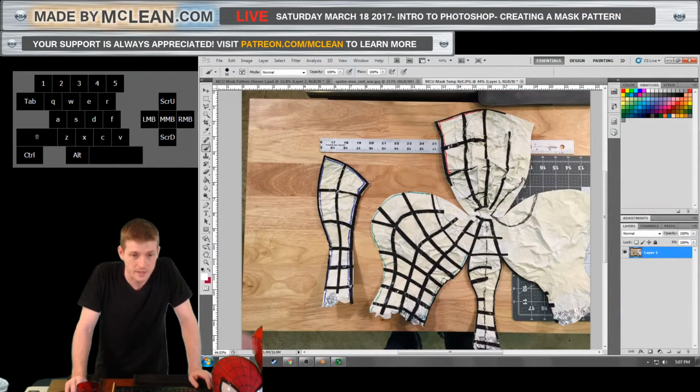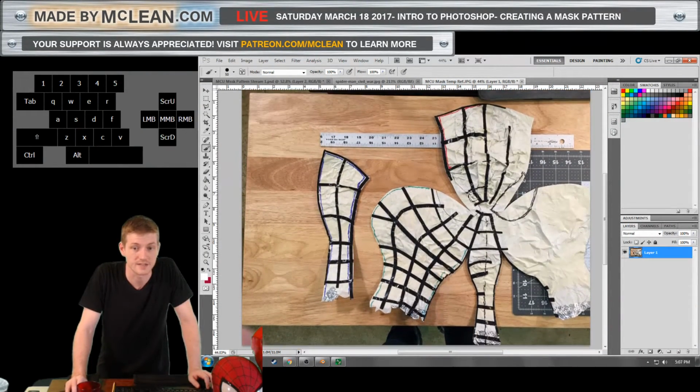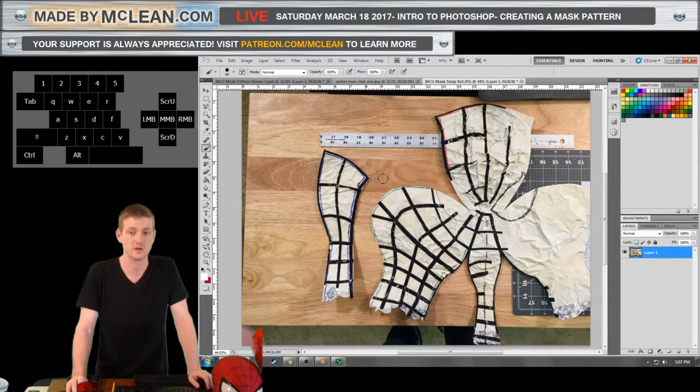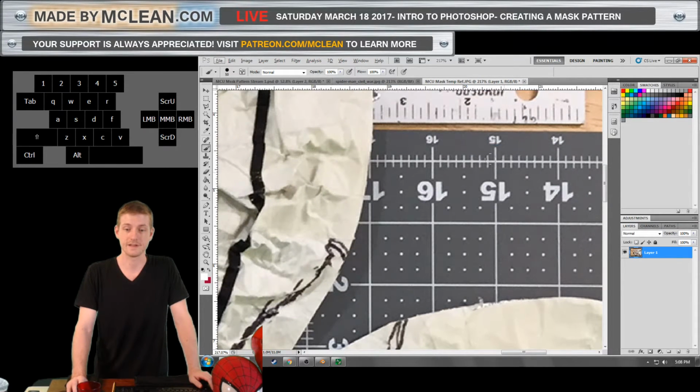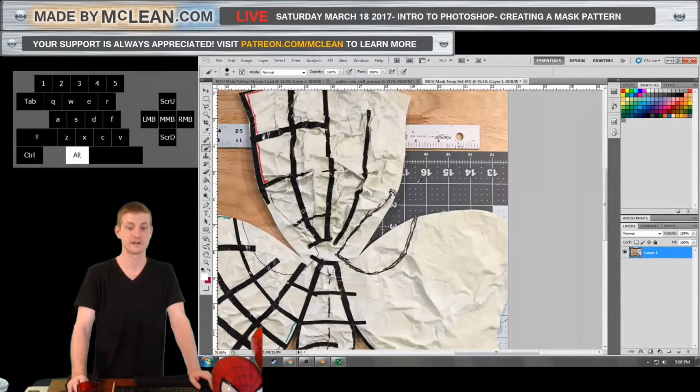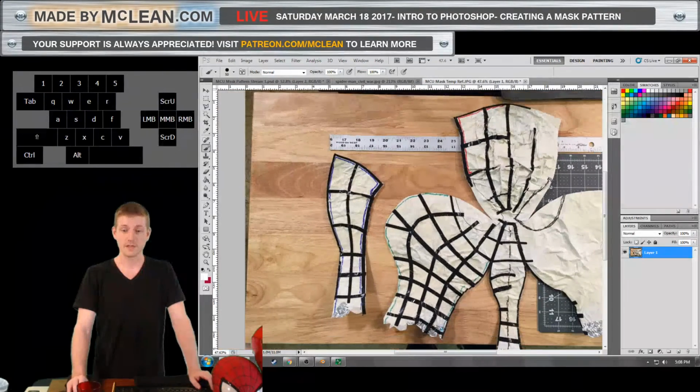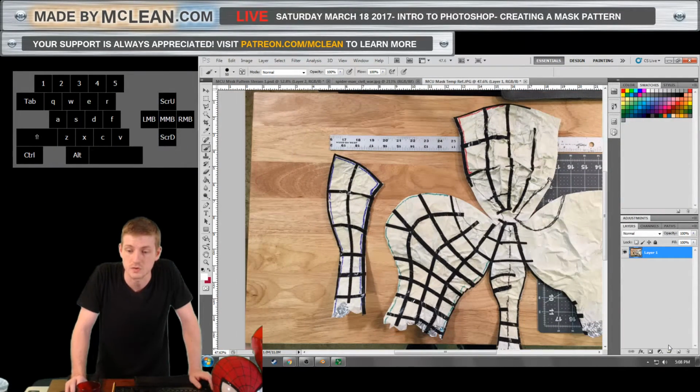So really quick, the next thing we have to do here is get the scales the same. Luckily this picture is actually pretty close to the correct scale, as you can see that my circle up here is half an inch. So the picture is only a little too small. That half inch circle is a little bit bigger in the reference we have underneath there. So thankfully that's not going to be too much to do as far as